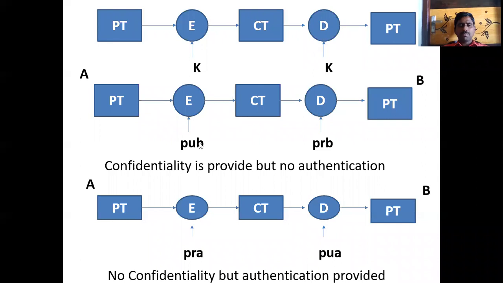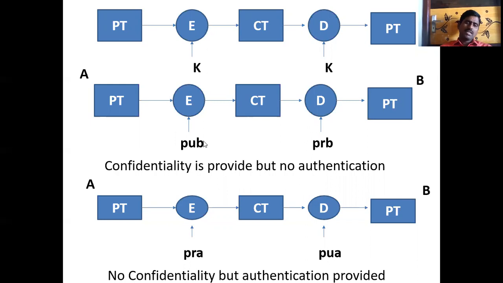You are using the public key of B and the private key of B. So that is a pair, one pair of the same sender or receiver. Here you can observe, when you are using this private key, there is confidentiality. See, the others cannot get the data. You are providing the confidentiality here.